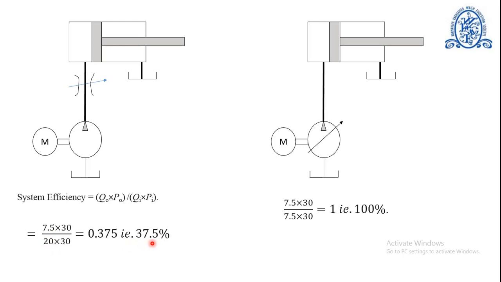Whereas the system efficiency using a piston pump is 100%, because the pump can discharge the same amount of fluid which is actually required by the system. Thus, when the flow requirement for any given application is not much fluctuating, then a fixed displacement pump is suitable. But when the flow requirement is fluctuating substantially, then a variable displacement pump should be preferred.